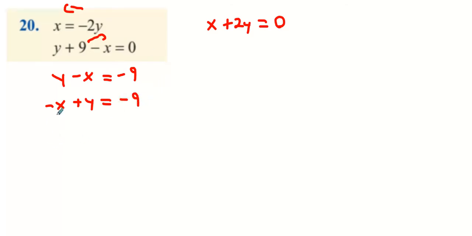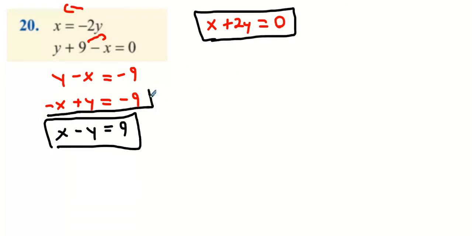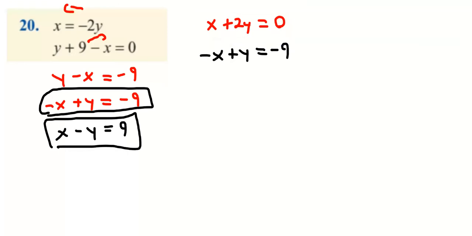Some of you at home might have multiplied both sides by minus 1 to get x minus y equals 9. You can do that if you want. So you can either use this equation here and this equation here, or you can use this equation here. I'm going to take the first version of that, so I'm going to put minus x plus y equals minus 9 underneath. And what should happen here is when I add downwards, the x's cancel,